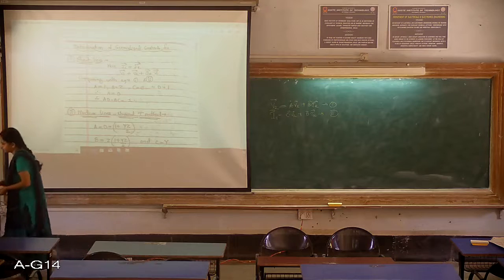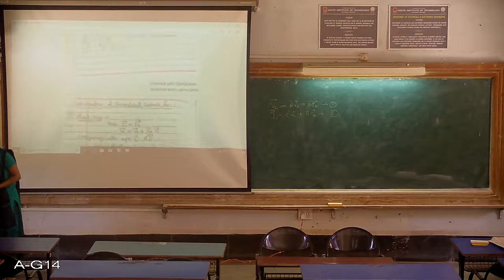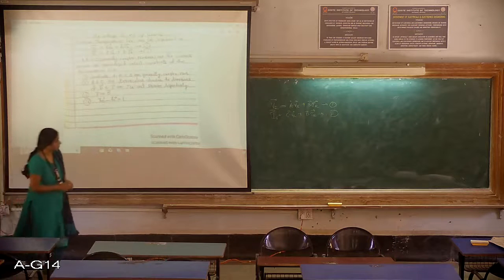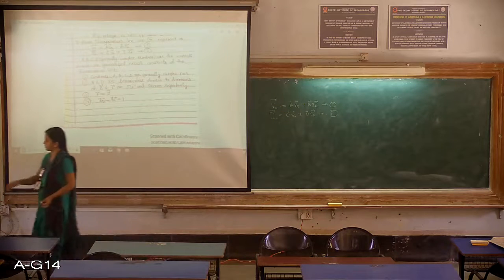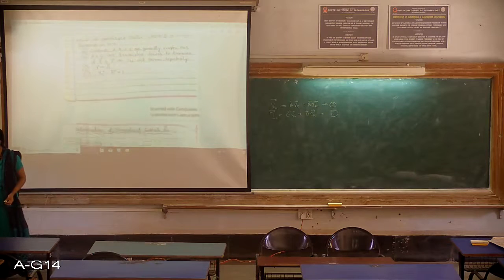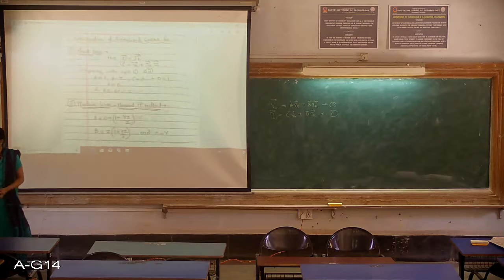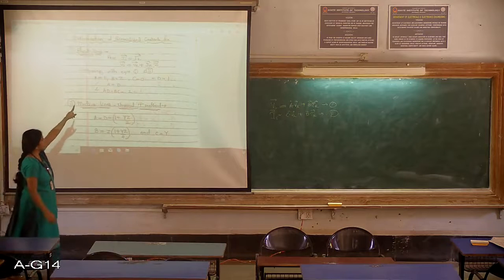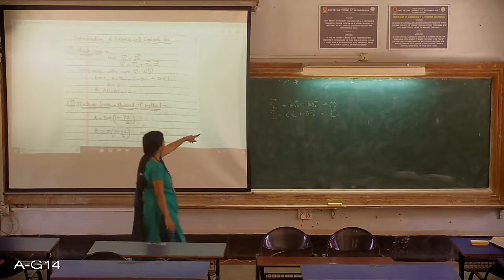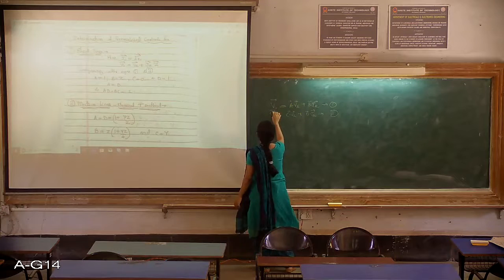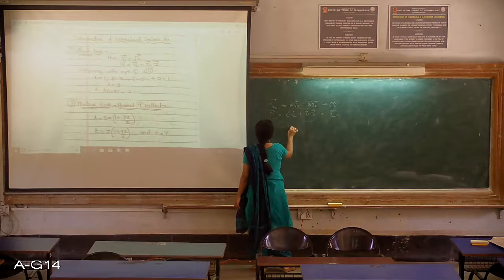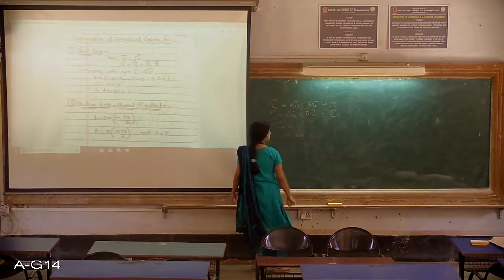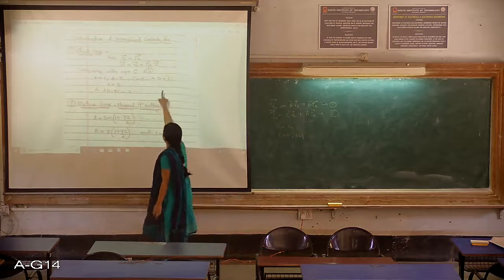Just a minute, I think I made one mistake here. Sorry, Vs, sending end voltage. So you compare it with your expressions 1 and 2. So what happens now? Is is equal to IR. So first I will compare it with this. Substitute Is equal to IR. Compare these two, that means what? C is 0 and D is 1. So C is 0, D is 1.